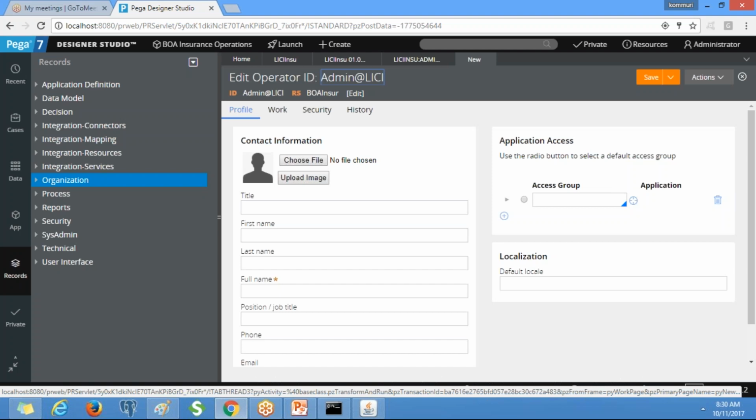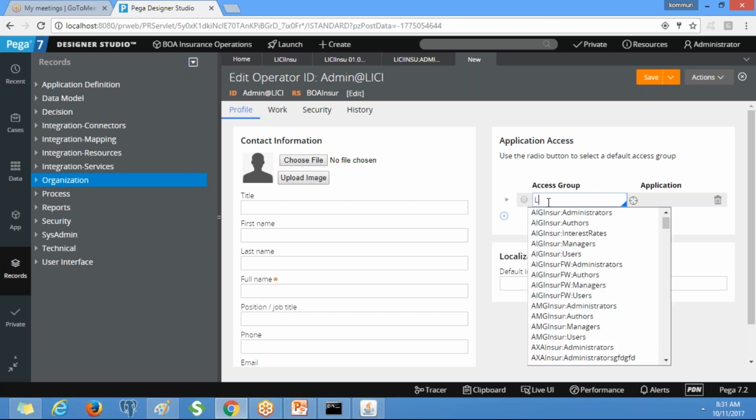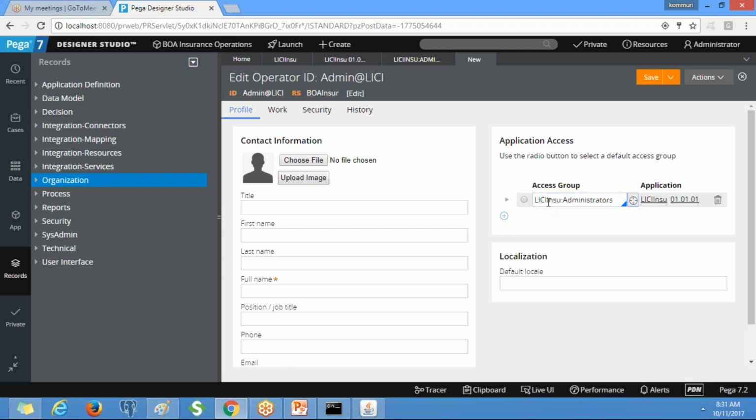Here we need to select the access group. What is the access group? LIC insurance colon administrator, so we need to select that one. Here also we can define multiple access groups but only one will be active at a time. After selecting, you need to default it.